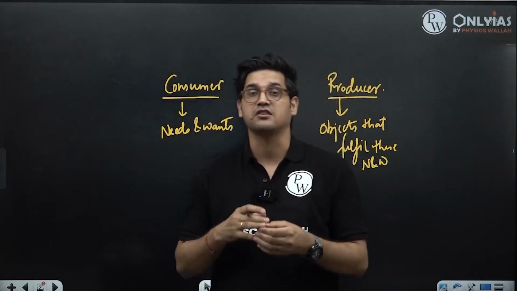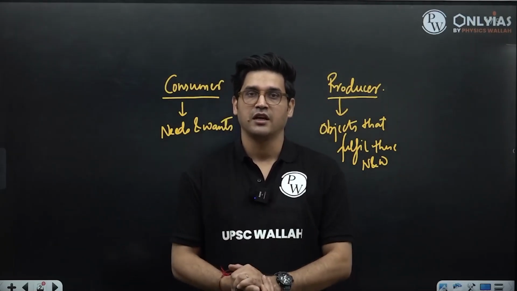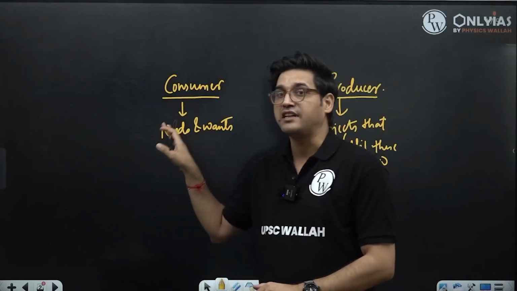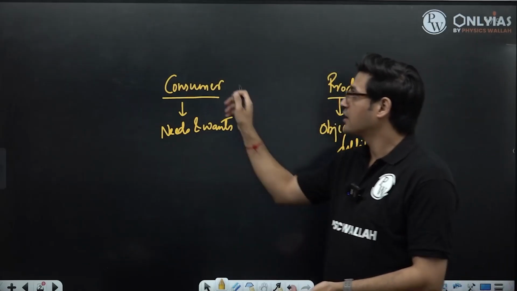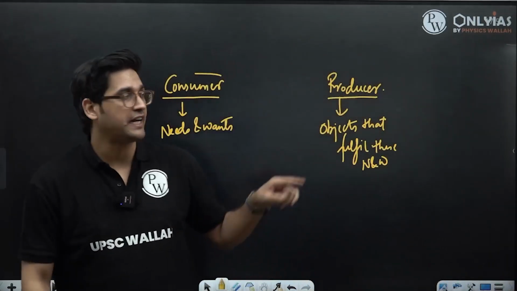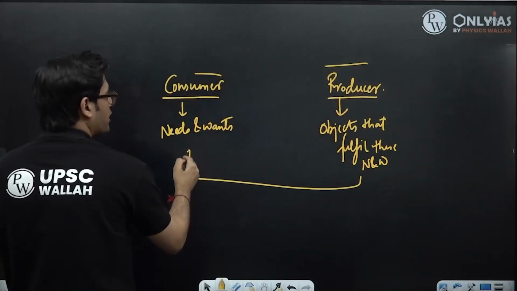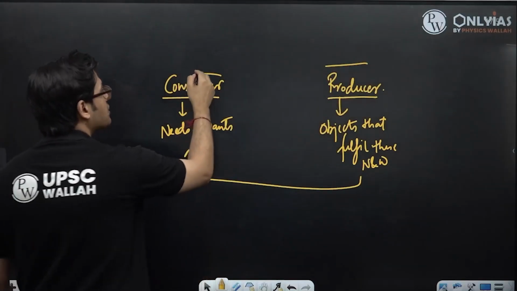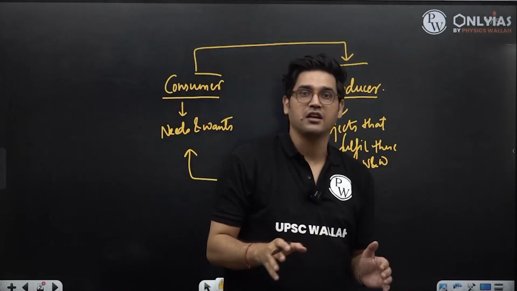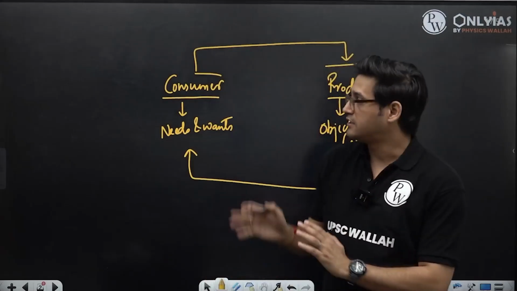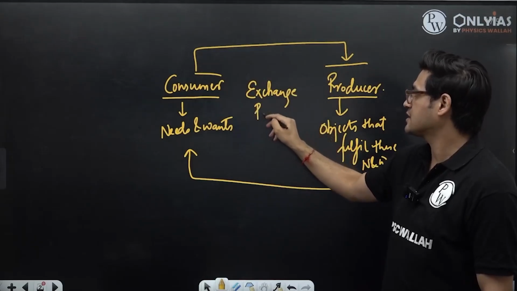Why did he waste his resources? Why did he waste his energy if he had to give that item to you for free? That means consumers have needs and wants which shall be fulfilled by items made by producers. But consumers are not going to get these items for free. If consumers want these items from producers, quite obviously, consumers will also have to give something back to the producers, which the producers think holds value for them. This is what we call an exchange process.